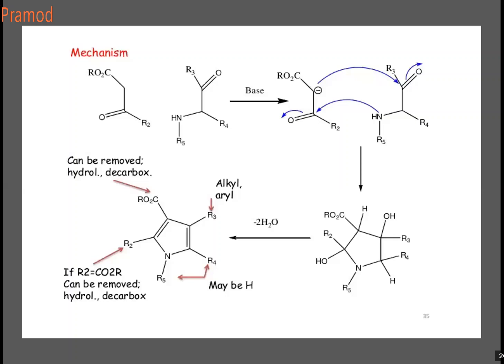What do you take? You take a beta dicarbonyl compound and react it with an alpha amino ketone in the presence of a base. Generation of your nucleophile attacks the carbonyl carbon of your amino ketone. The amino group of your amino ketone attacks the carbonyl carbon, and thus it undergoes cyclization, which is followed by dehydration to give your substituted pyrrole. Okay. Now the next